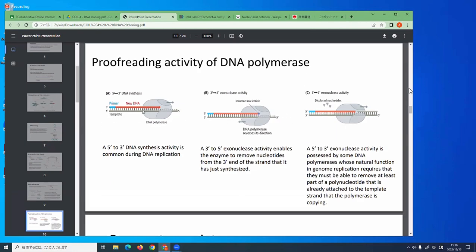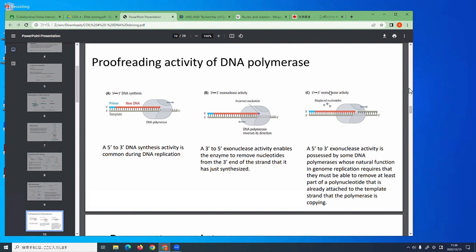Normally we'll have 5' to 3' DNA synthesis, but some have 5' to 3' exonuclease activity. This is slightly confusing, because synthesis is making DNA and exonuclease is cutting, but we have DNA polymerases that have both activities, which is 5' to 3' DNA synthesis, but at the same time the ability to cut,